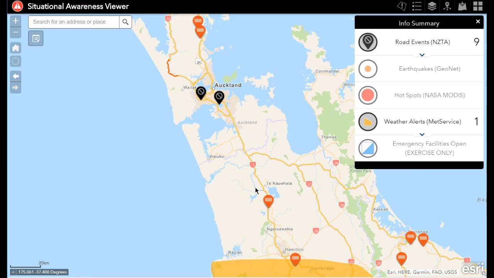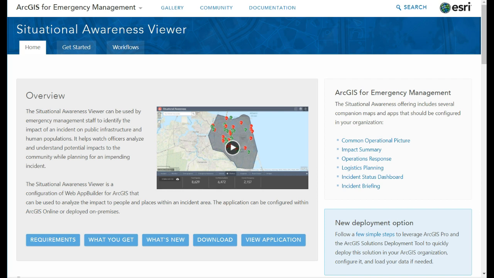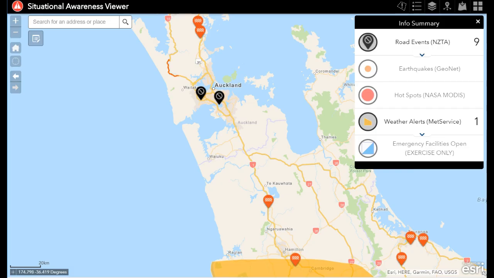This video is a quick overview of the Situational Awareness Viewer that's been configured as part of a New Zealand GIS for Emergency Management training set. It's based on the ArcGIS Online template for Situational Awareness Viewer, but you'll see here I've added some New Zealand examples. Here in the Information Summary widget, you can see that there's 9 NZTA road events in my area of